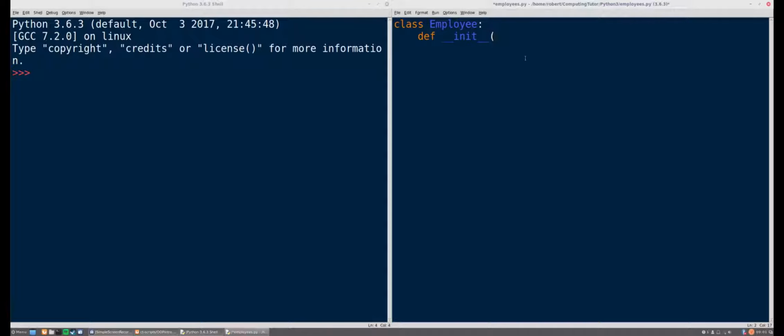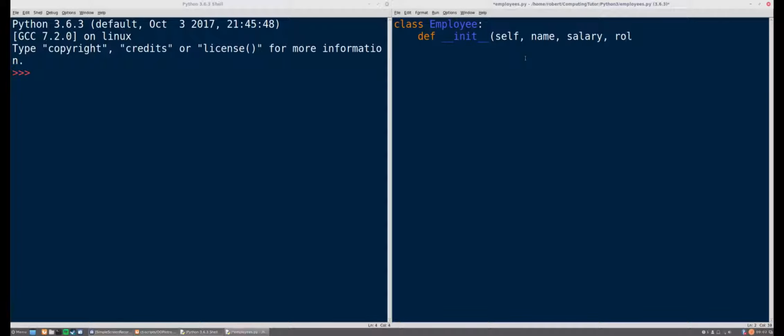In Python, to define a constructor we define a function called __init__, and in the parameters of this method, we're going to say self. Whenever we're defining a method inside a class in Python, we're going to want to add the self keyword as the first parameter. We're then going to add the other information we want to define whenever we're creating an employee. This is going to be the employee's name, their salary,